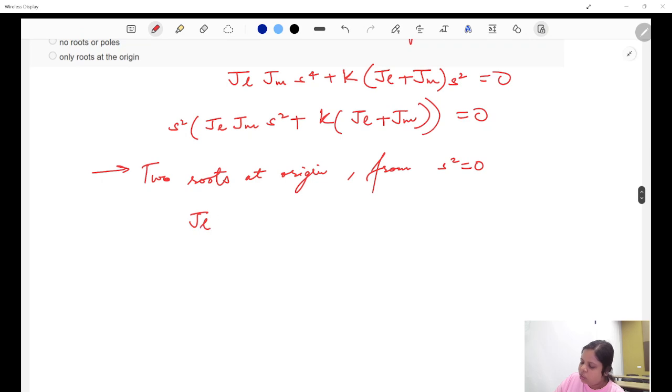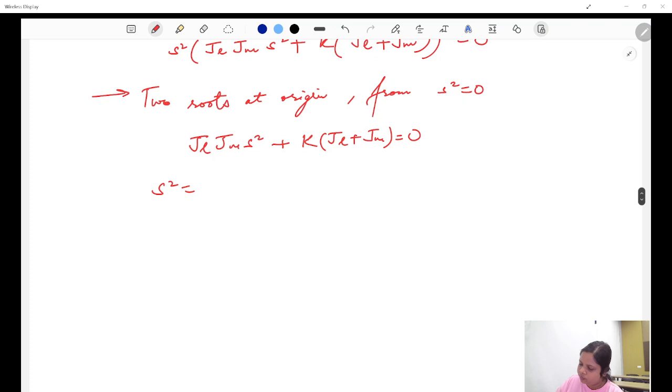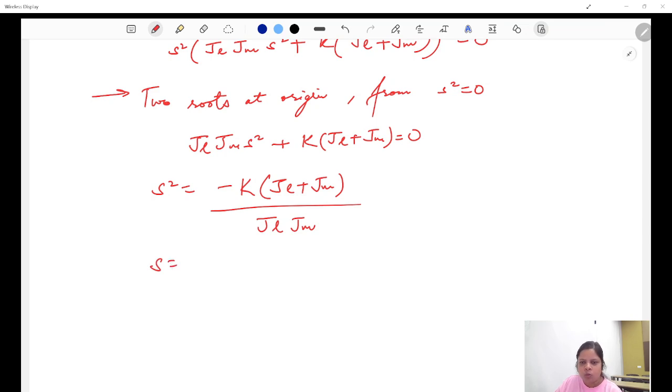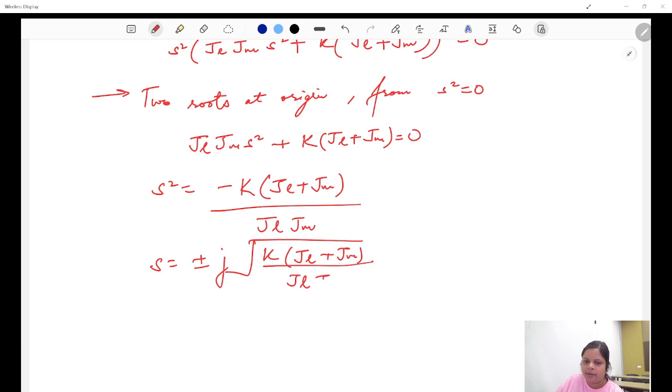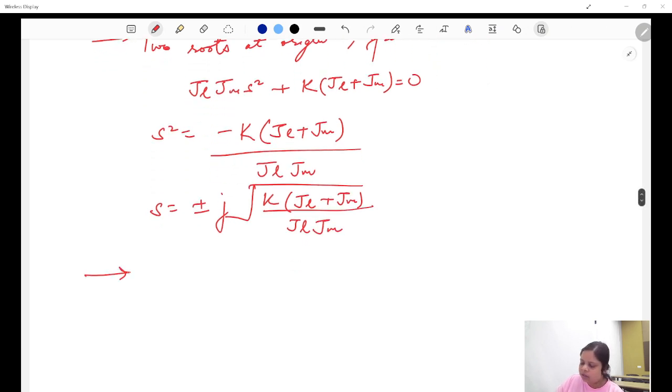Now JL square plus K into JL plus JM is equal to 0. From here you can write S square is equal to minus K (JL plus JM) upon JL JM. If you find out what are the two roots, you'll get plus minus J under root K (JL plus JM) upon JL JM. So these are two